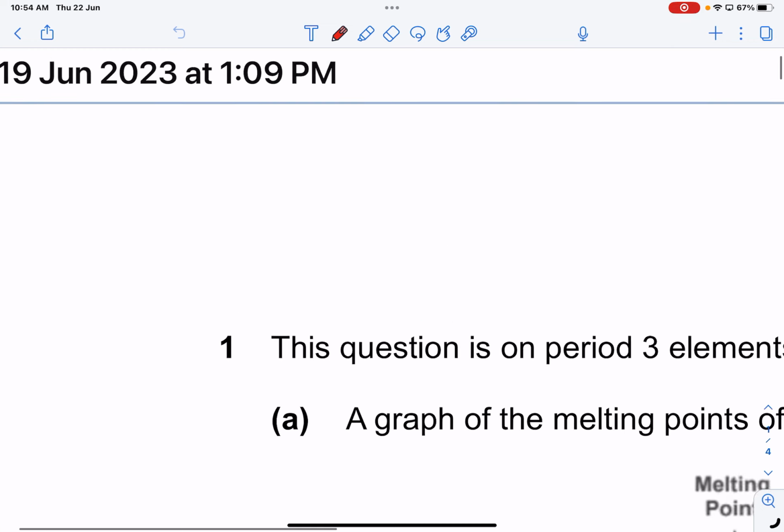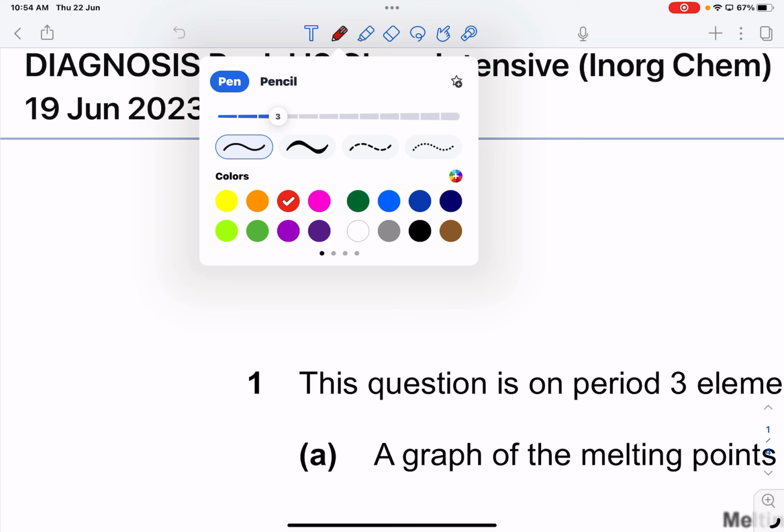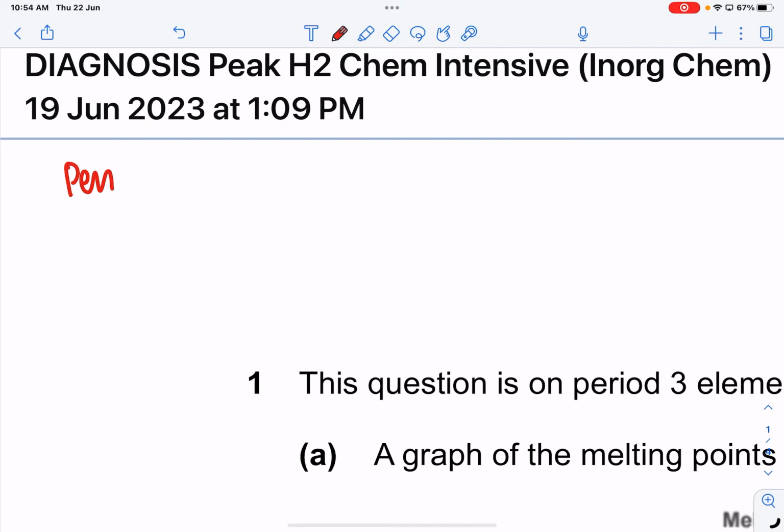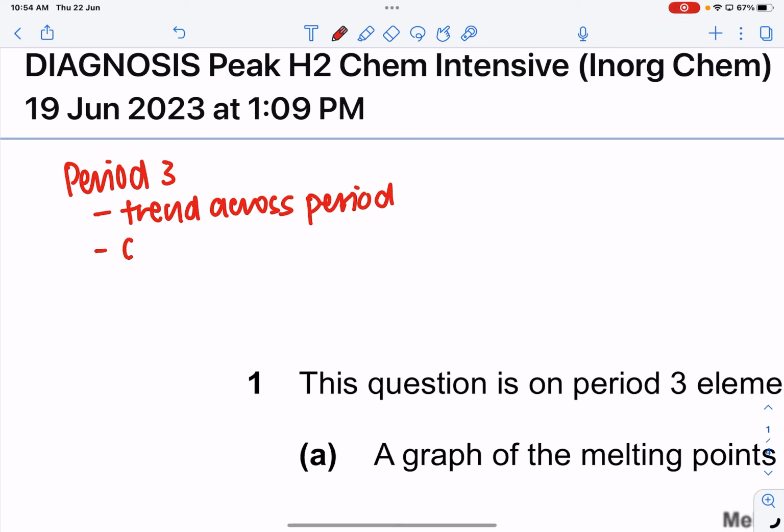Okay. So for period 3, first they will ask you for your normal metals. So they'll ask you for the trends down the period first, and the trend across your period. They may also ask you on their chlorides as well as their oxides, with their respective melting point, boiling point, reaction with water, and so on and